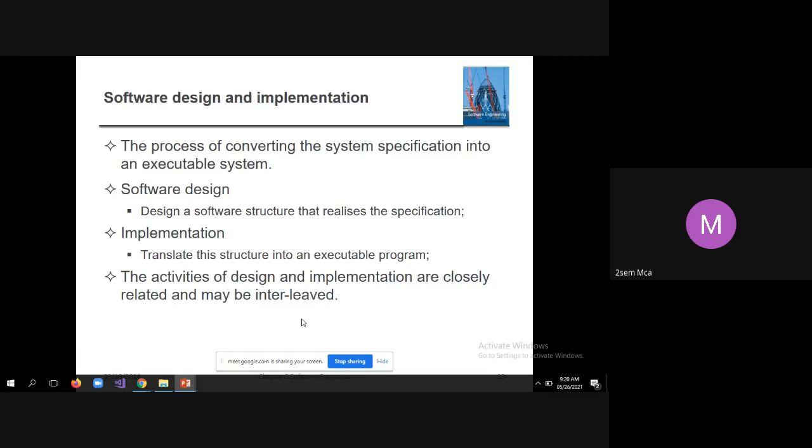Then at some point, if they feel that something cannot be integrated or developed, you should have some alternate approach, isn't it? As a result, you may have to change the design to meet the requirements. That is also one possibility.